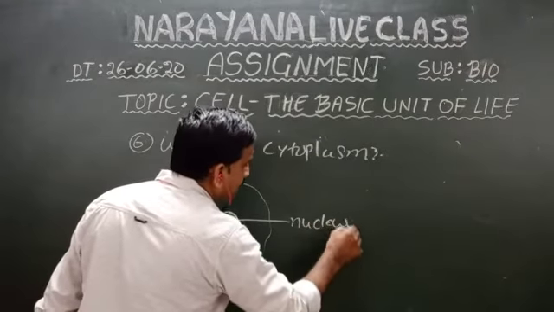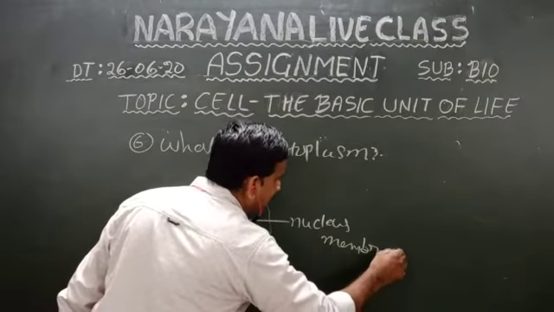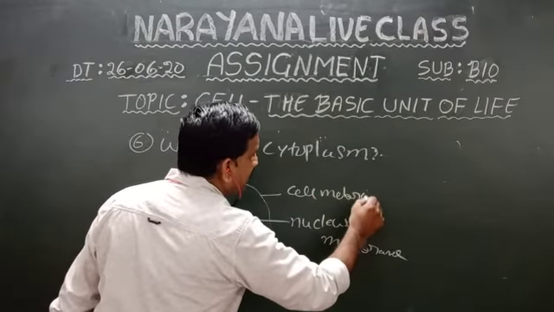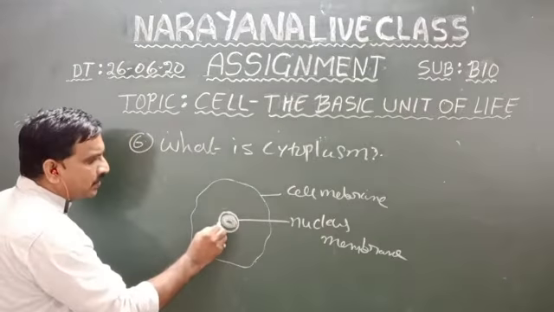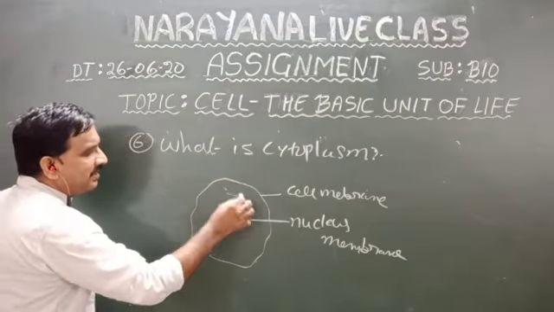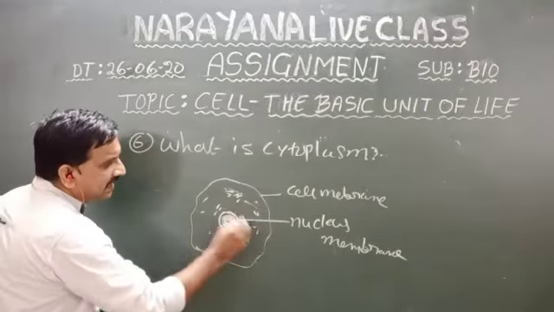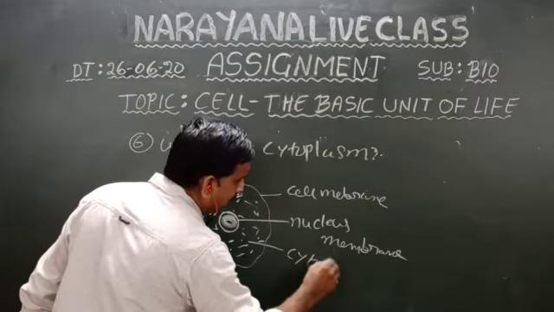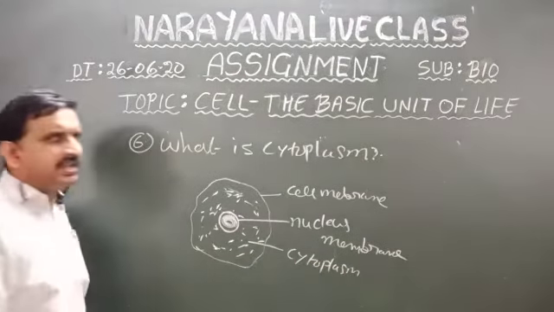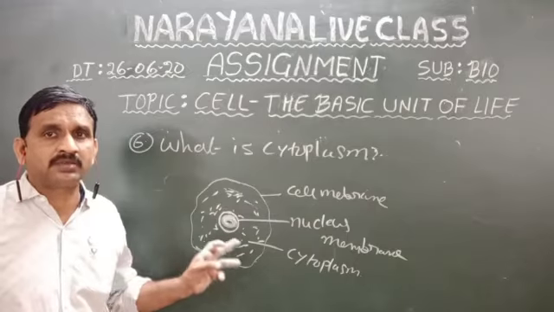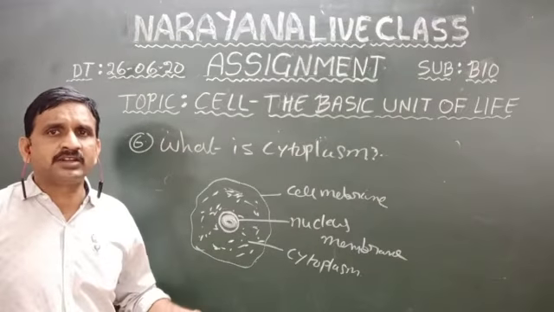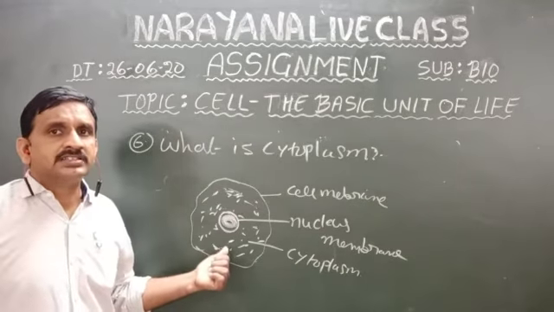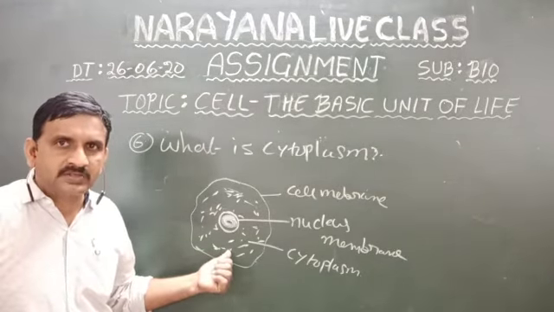Once look at the board, this is the nucleus membrane. This is the cell membrane. Here, between the nucleus and the cell membrane, this jelly-like substance is called cytoplasm. All the organelles like mitochondria, chloroplast, Golgi apparatus, endoplasmic reticulum, ribosomes, lysosomes, whatever it is, are situated in the cytoplasm only. Understood? These are the 6 questions